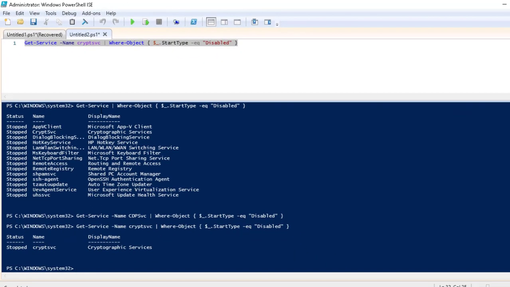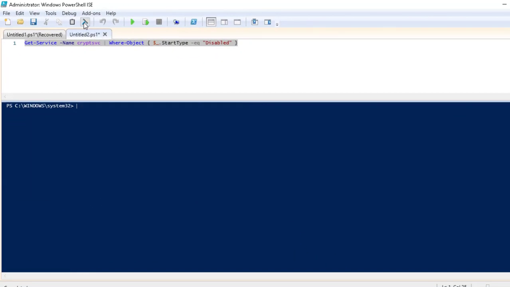Okay, so now what we will do is, I don't want to start all of the services or enable all of the services. So let's say this is a variable, or let's say this is all of the services which we have filtered, and in that case we pulled out all the disabled services. So now we need to enable it. So how will we enable it? It's very simple. We will pipe it out and then we will write a